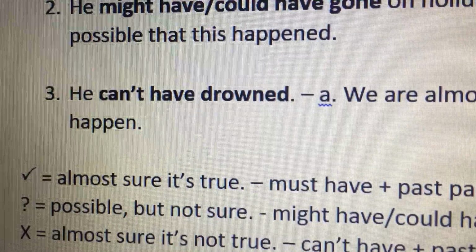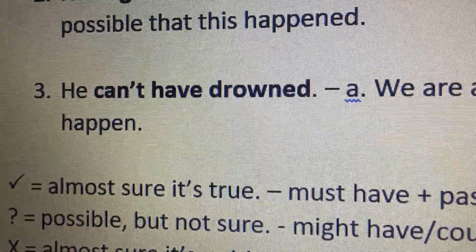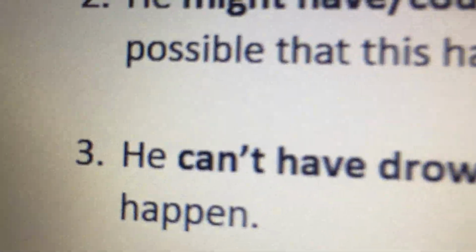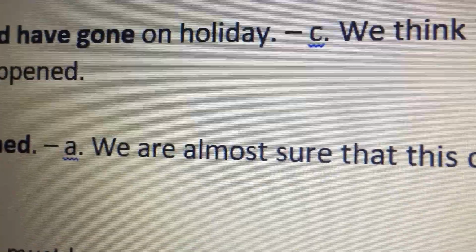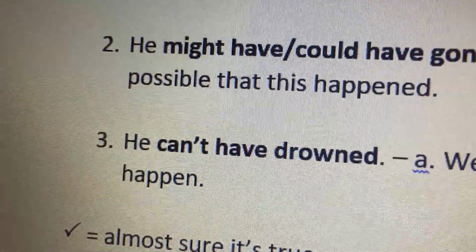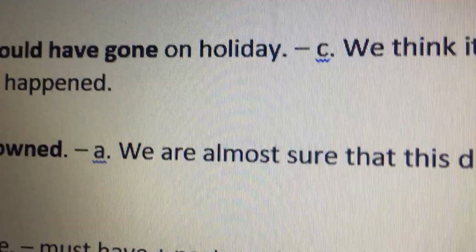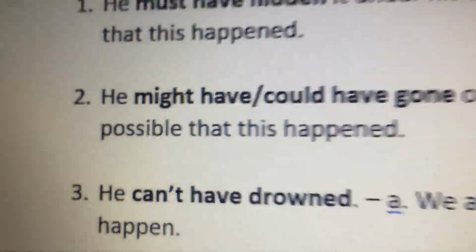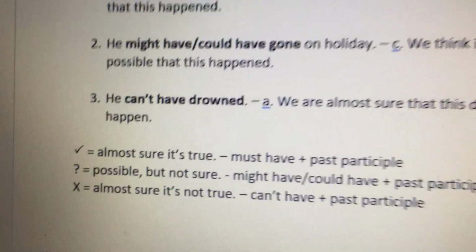The next example is he can't have drowned. Can't have we use when we are almost sure that this didn't happen. So we are almost sure this didn't happen. Okay, now let's